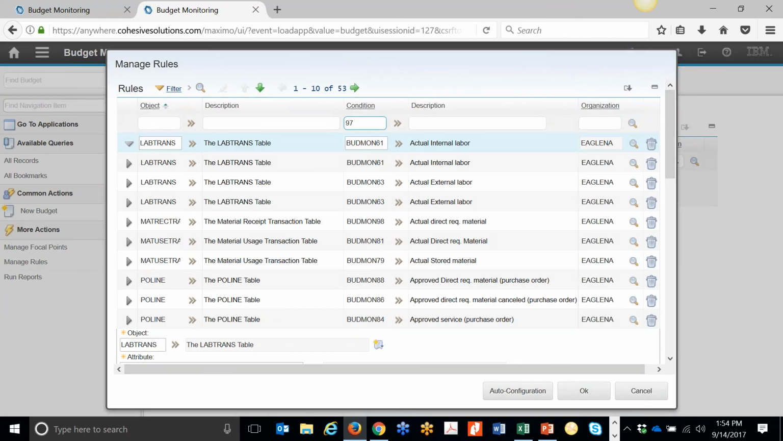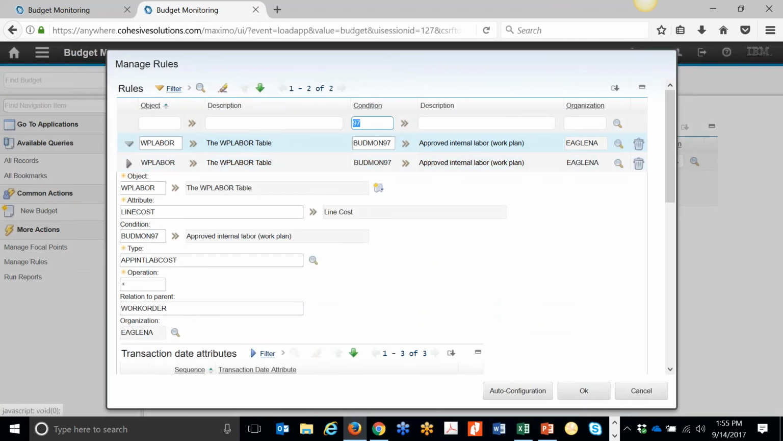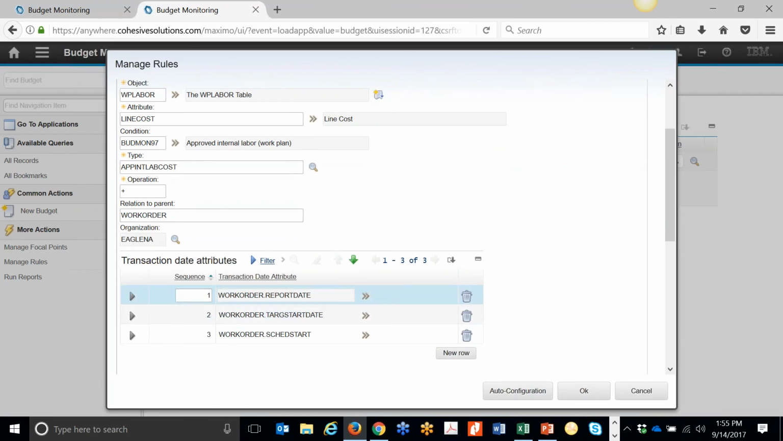I'll just pull up a given rule that was put in here. And when you look down here, this looks at the priority of how dates are considered. And I found a bit of an issue with this that IBM has since rectified, but I'll tell you what it is. So in this example, for the rules that they sent out, they first look and interrogate the report date of a work order. If it's empty, they look at the target start date, and if that's empty, it goes to the scheduled start date. Well, that didn't work for me because I wanted everything off of the scheduled start date,